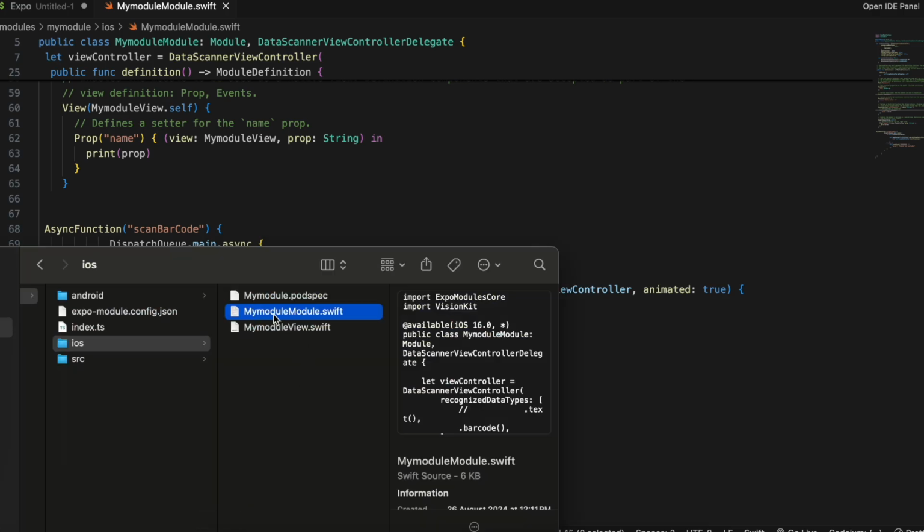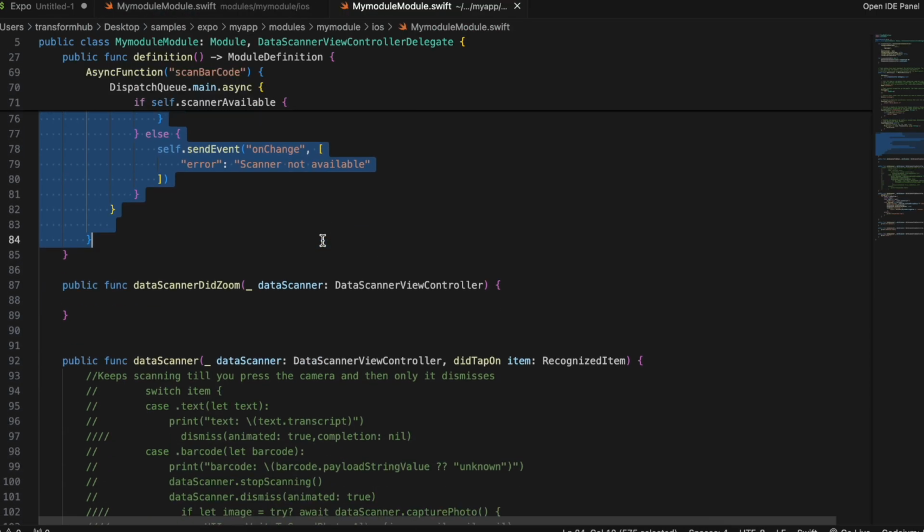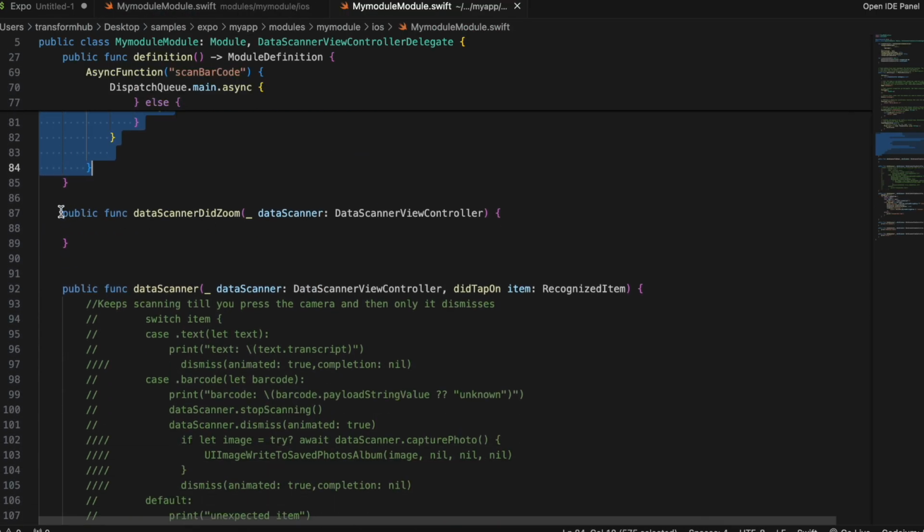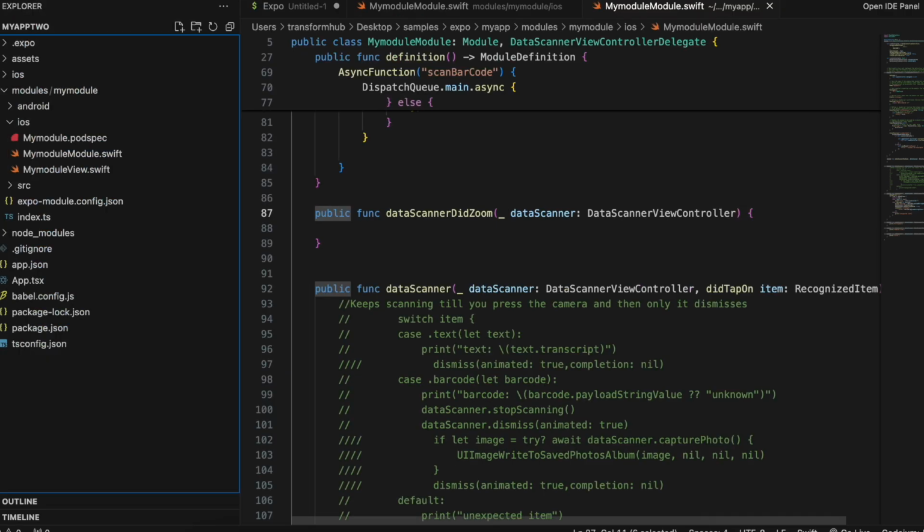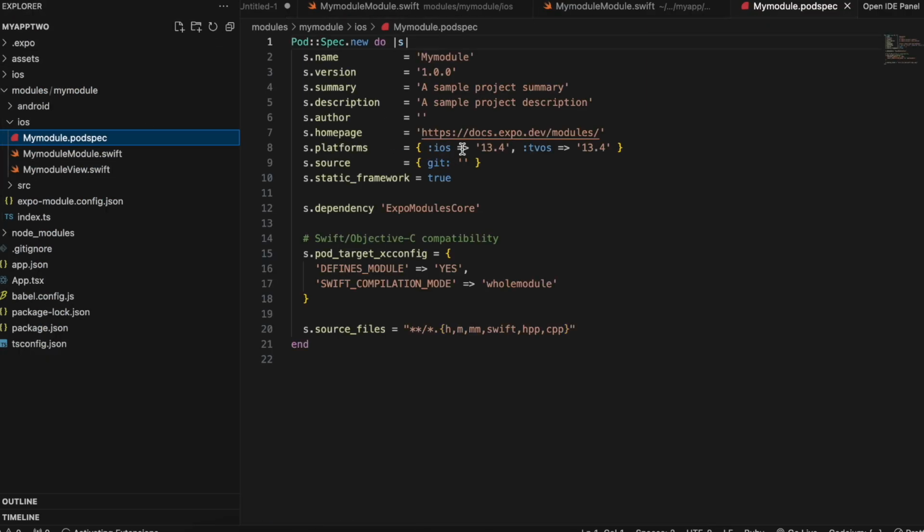Again, I will go back to my practice project because there are few other lines of code which we need to copy. So we have to override few of these other methods as well. Now here you might have noticed, if you are a native iOS developer, I have assigned this public, what do you call it, this public level. I forgot what's the technical name for it, like the public, private, internal, those kind of stuff. So we have to write this public because